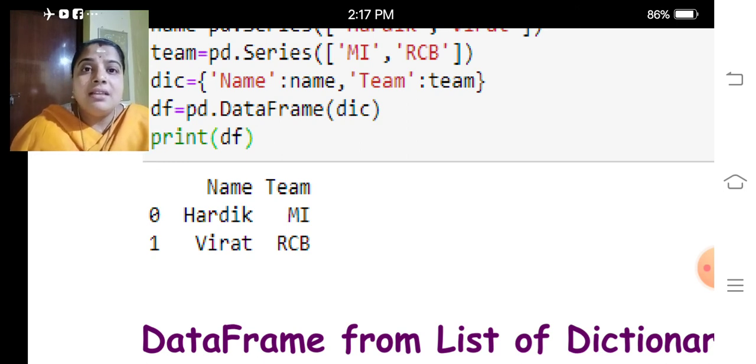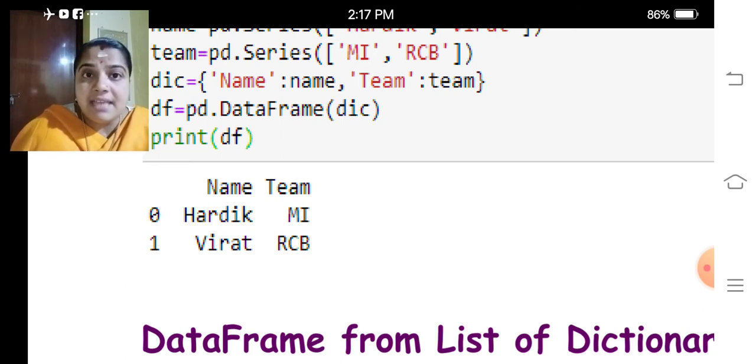But the values under the name column are nothing but the series which we provided as values for that particular key. And team is the key, MI and RCB are the series. So how we can create a data frame using a dictionary of series is given in this example.